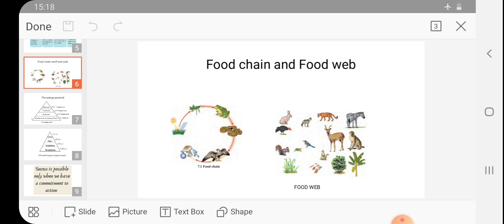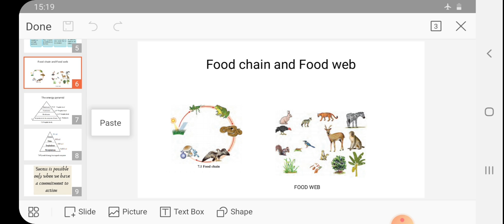Herein, you observe that one organism is used by the second, the second is used by the third, then by the fourth, and then the fourth is used by the first one. In this way, a chain of food occurs from one organism to the other. Okay, that is called a food chain. But